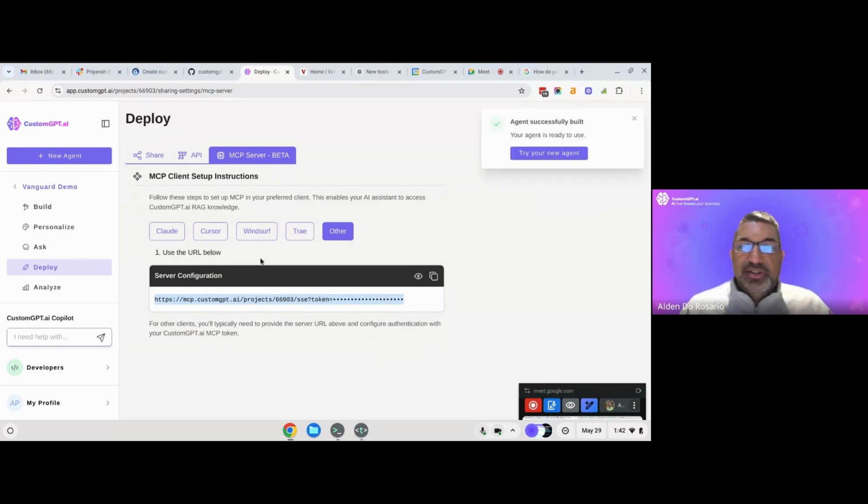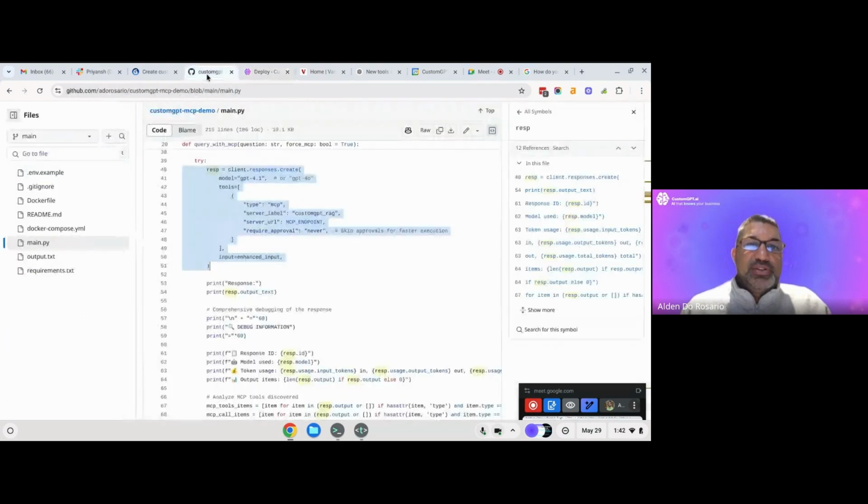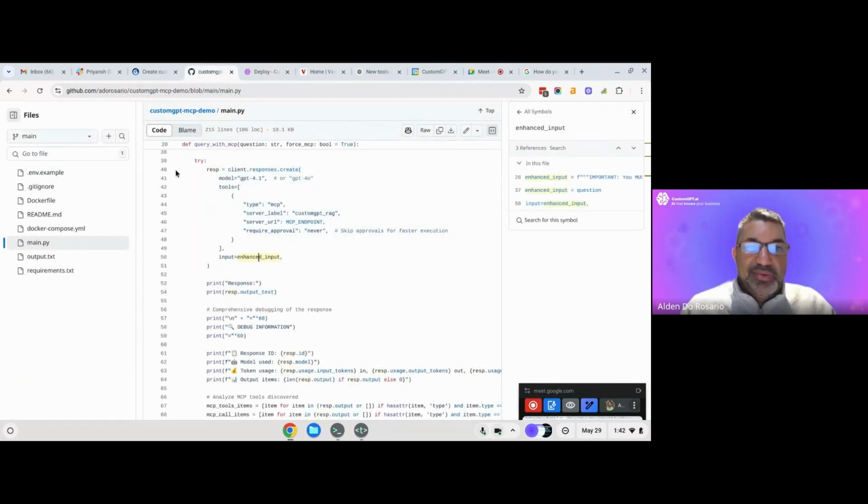Just before this call, in a matter of a few minutes, I was able to integrate it into the OpenAI API's new Responses API. They added support for MCP about 8 days ago. And with one line change, the RAG that was just built with the Vanguard website is now integrated straight into the OpenAI API, right? This is the one that the whole world basically knows, the one where you import OpenAI and write a few lines of code, and boom, the OpenAI API is now connected to the RAG built from the website,